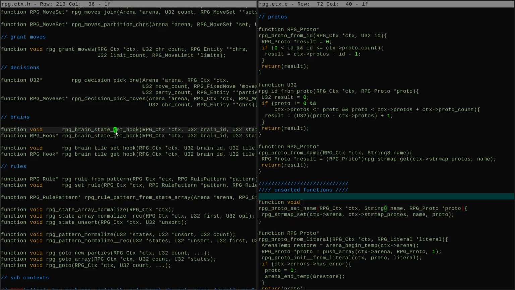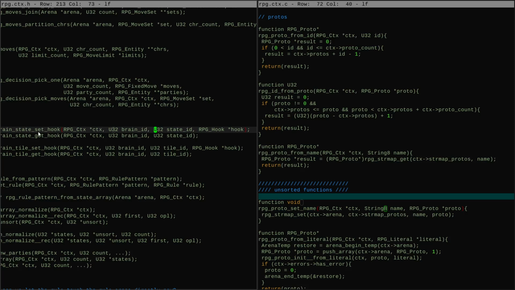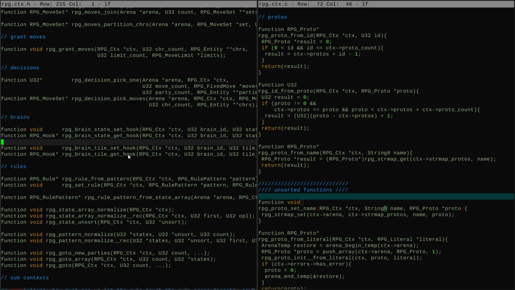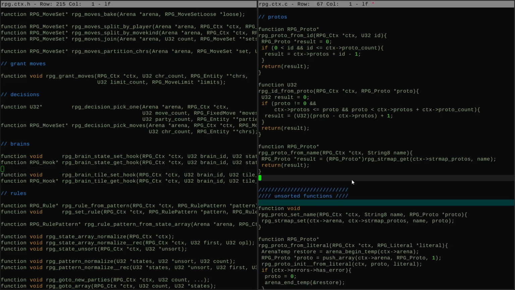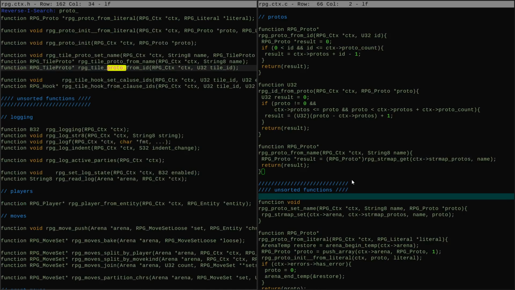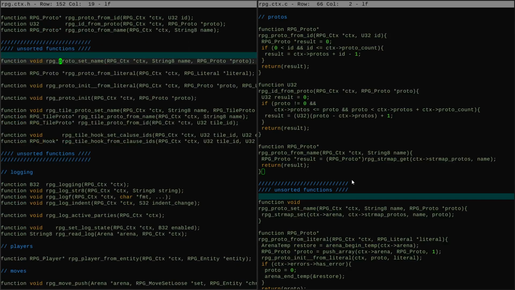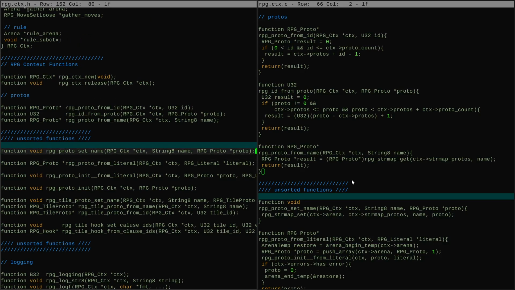If the brain state is the key, then I say set hook. These are all just bad names. What I have is... I mean, I think the best I can think of would be to get very literal with it and then try to make it short afterwards. So like